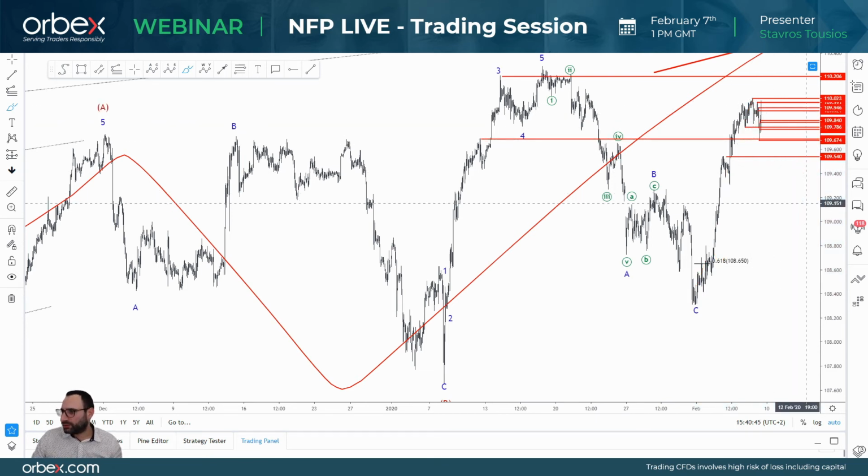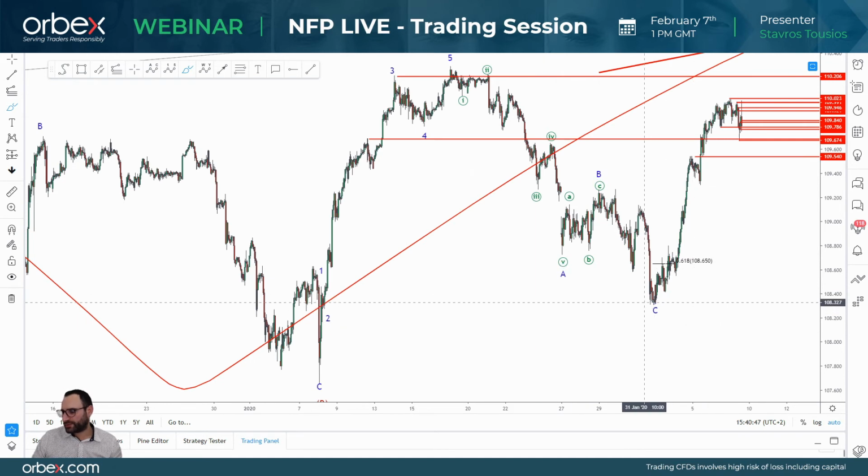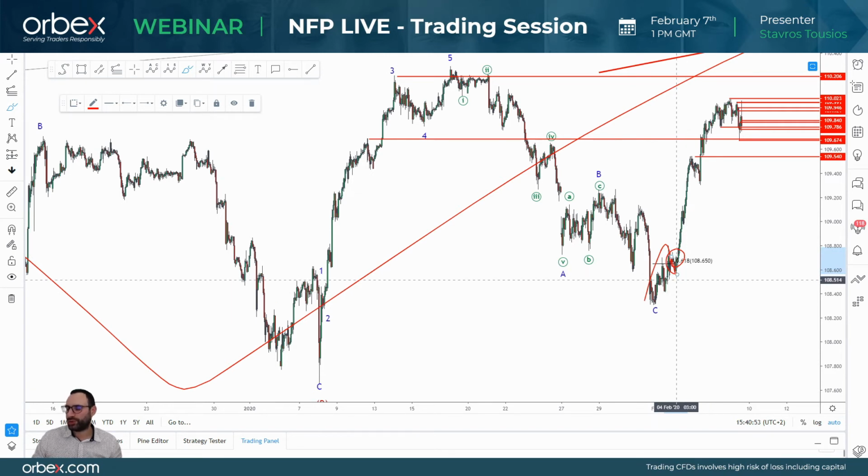However, usually in negative waves, when you get the first wave done, the second wave is sharp. So usually you're going to have the fourth wave lasting a little bit longer, right? Which means this is wave 1, this is wave 2, okay? We have a wave 3 up here, most likely. Wave 4 is going to be that one over here. And then we're going to see prices start moving higher, right?